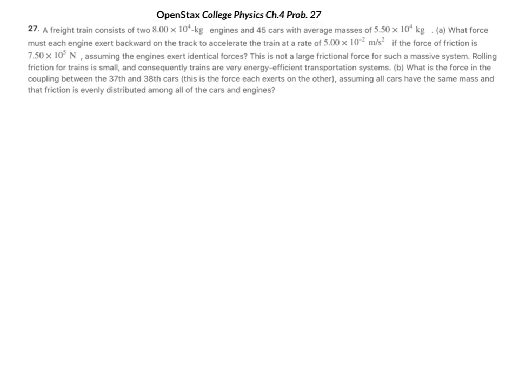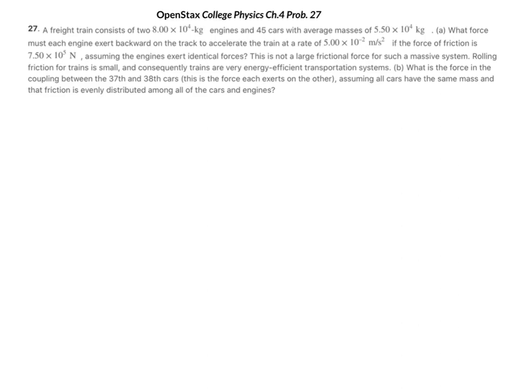Let's look at OpenStax College Physics, Chapter 4, Problem 27. A freight train consists of two 8 times 10 to the 4th kilogram engines and 45 cars with average masses of 5.5 times 10 to the 4th kilograms. What force must each engine exert backward on the track to accelerate the train at a rate of 5 times